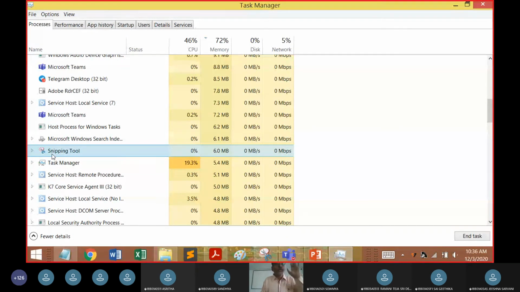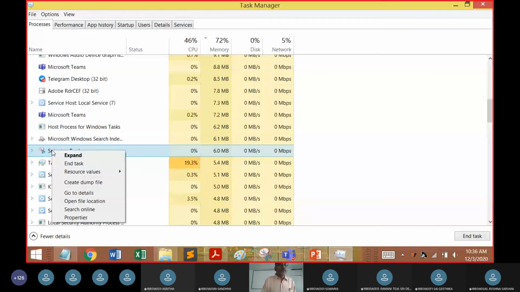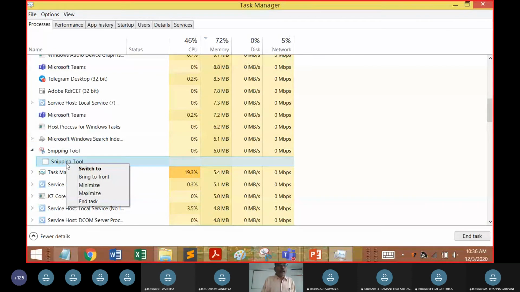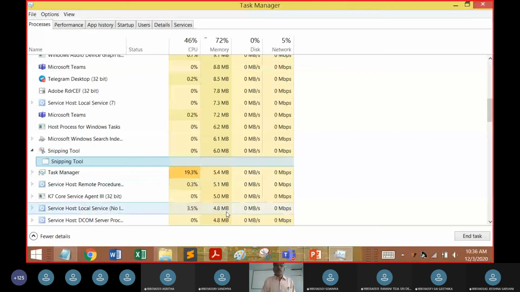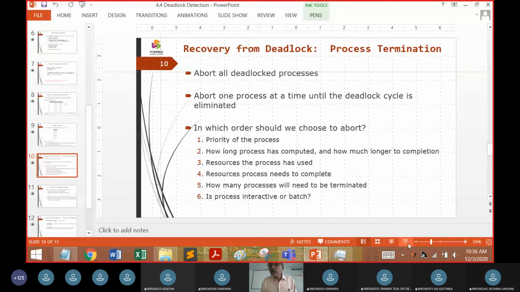Now I think that the deadlock is going to occur due to this, so I can remove this snipping tool and end the task. You can see here, End task. So I can end the task of the snipping tool. Now it asks, do you want to save the snippet? I can say no.